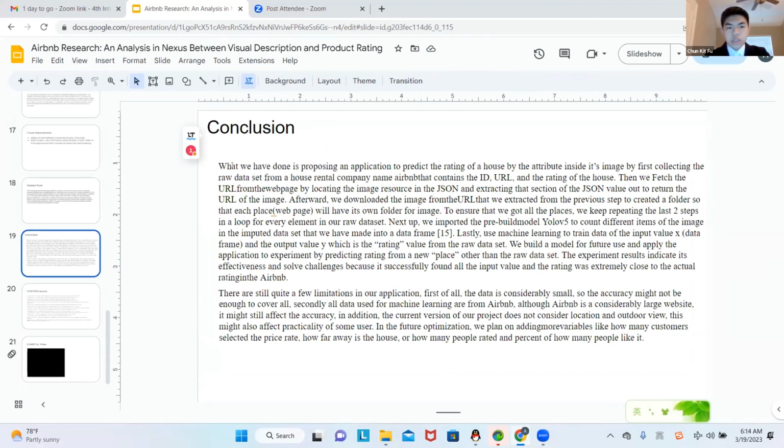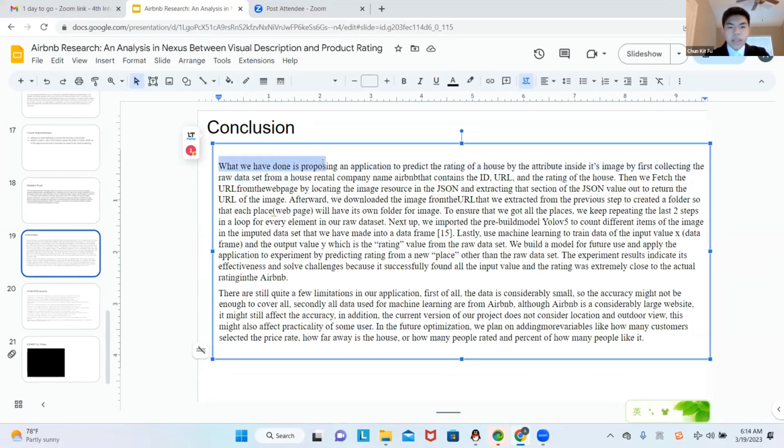The conclusion is, okay, what we've done is to propose an application to predict the rating of a house by the attributes inside its image, by first collecting the raw data set from a house rental company named Airbnb that contains the ID, URL, and the rating of the house.